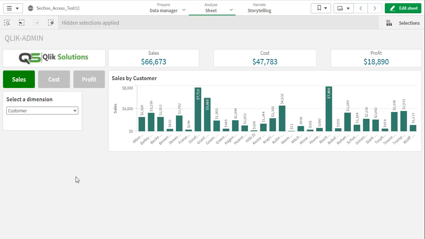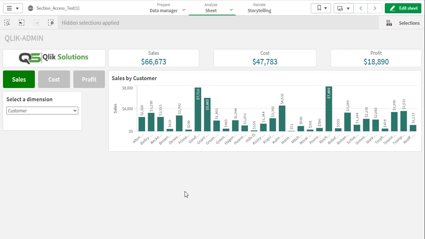Now consider that this dashboard is being used by people from top level to the bottom level. So say this dashboard is also being used by CEO, director, managers and sales people as well. So our objective is to hide cost and profit information from people who are directly associated with sales. How to do that? Let's see.